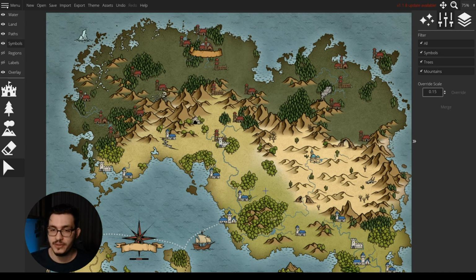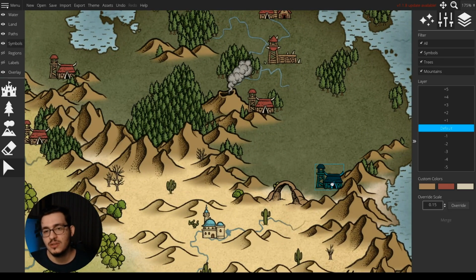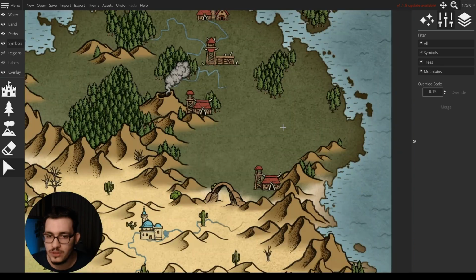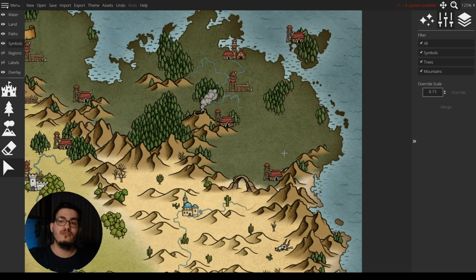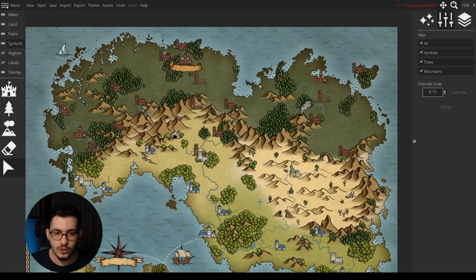Also, you could change colors if you want to go fancier. You could repeat the same assets, but change the colors of them. But I wouldn't really recommend it, because keeping it the same like this makes it more readable. People will just look for this icon, the way it looks, to understand where the towns are, where the cities are, etc. So if you want to go the ultimate fancy-ish route where you change all types of assets and everything, then yeah, the colorings also could be changed. But this I would recommend for beginners.